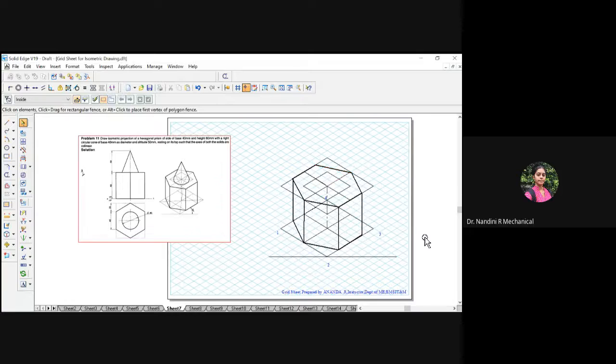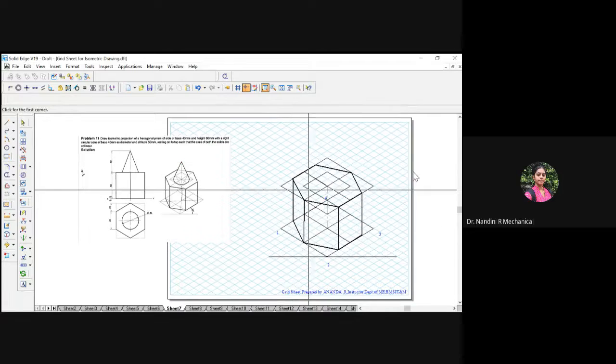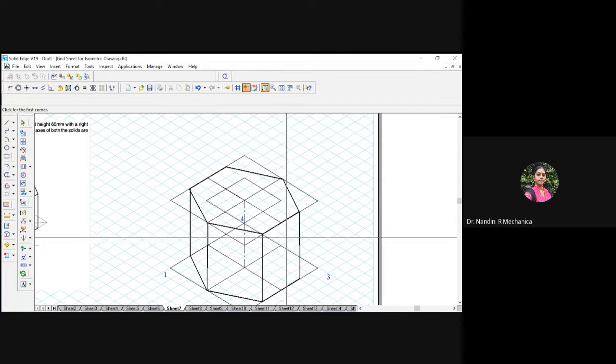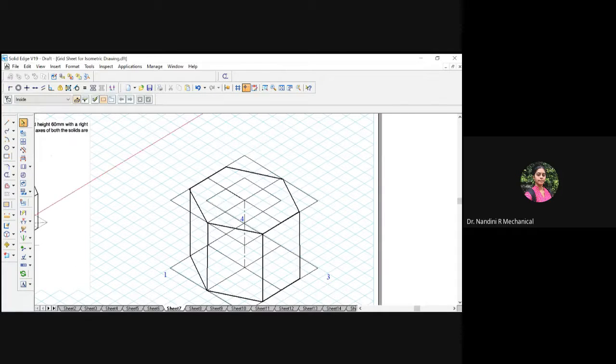Within this, now we have to construct the circle of the given cone. We have collected the midpoint already. If you have any doubt, you can just zoom it and then start constructing. Okay, so now from the corner, you will just join to the midpoint.